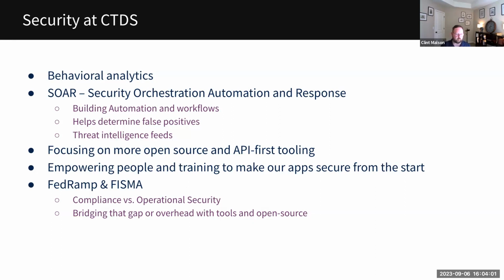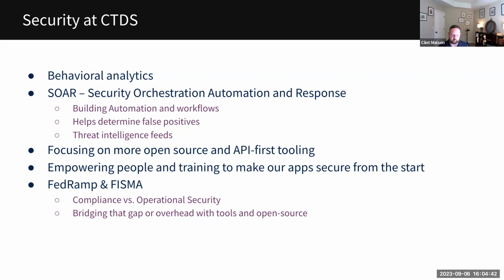We're focusing a lot more on open source and API first tooling. We want to be able to do more with API-driven security. We focused a lot last year on SecDevOps or DevSecOps, empowering people, training our developers, pushing out the OWASP models and pushing tooling into our CI and CD pipelines to make sure we catch security issues and vulnerabilities early. And then, of course, we continue with FedRAMP and FISMA,